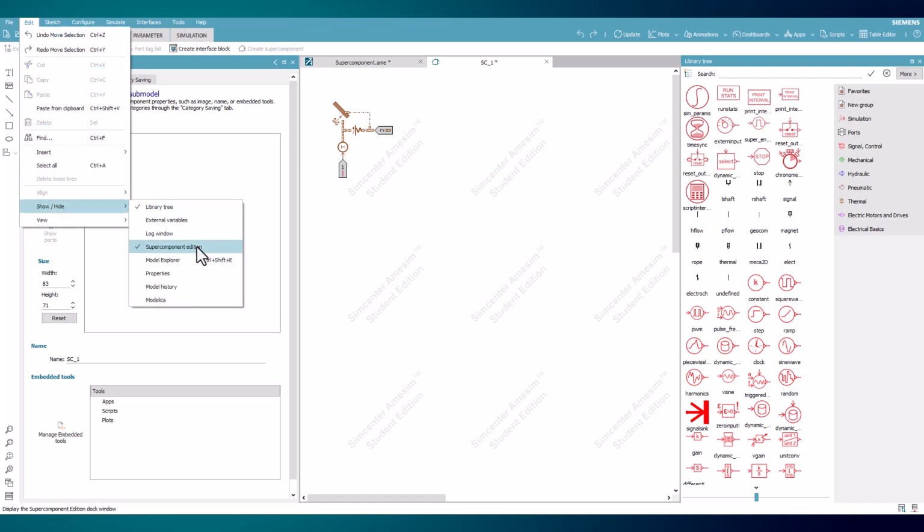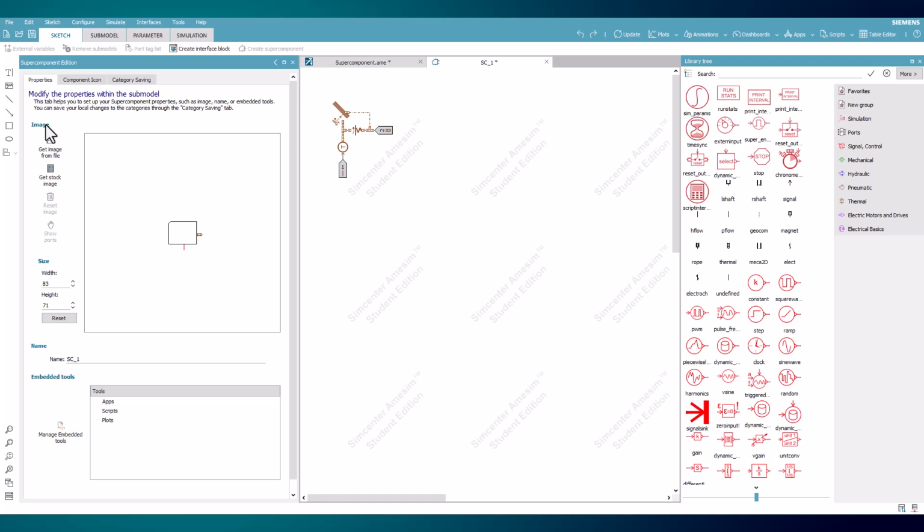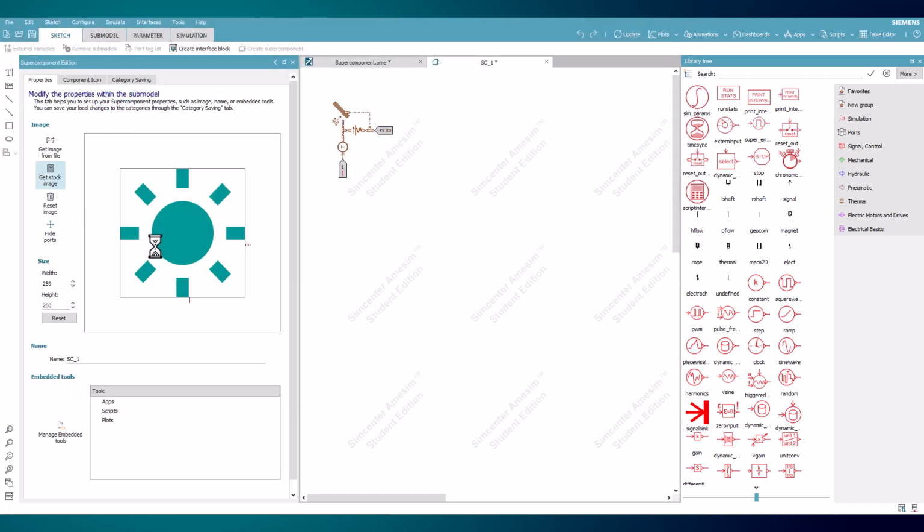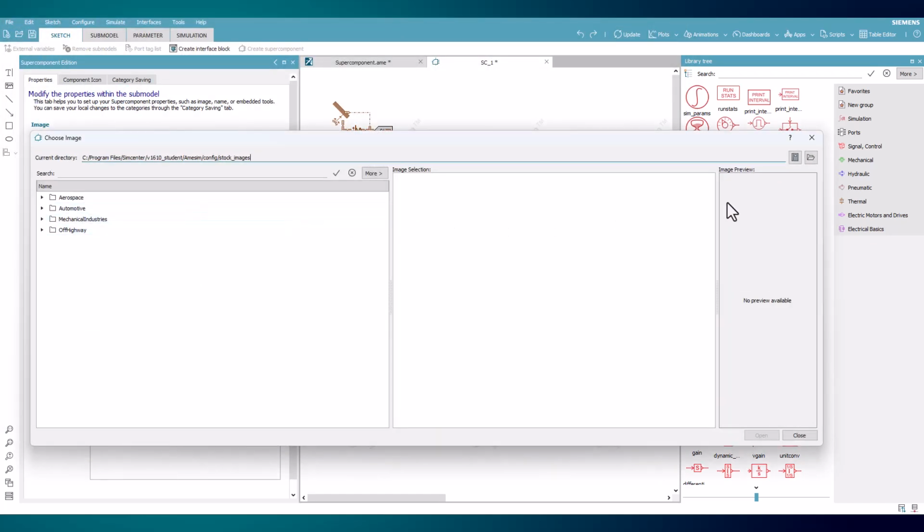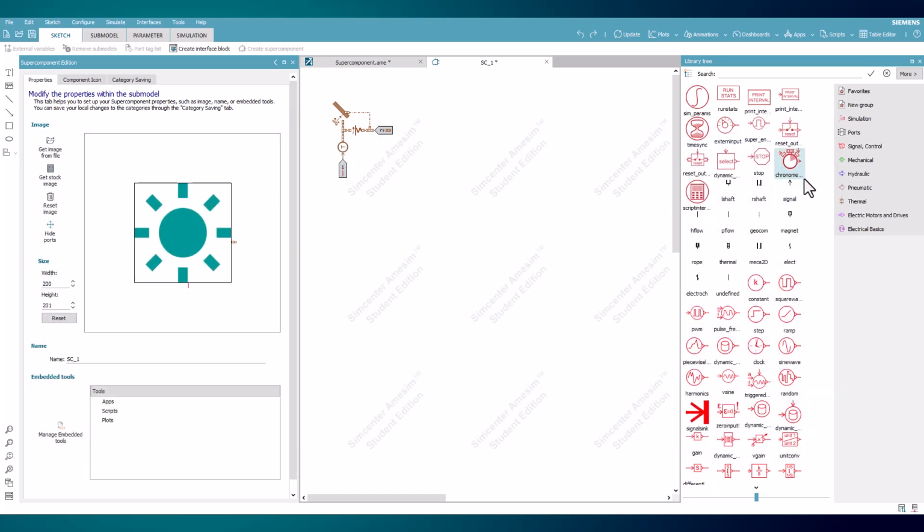The initial tab for the new window is the Properties for the component. Moving to the tab's Image subsection, this allows a user to assign an image to replace the default supercomponent icon. It can be uploaded from a file or be selected from a variety of stock images available within AimSim. And if you have your own stock image directory on your machine, you can navigate to that one through the same option. After an image is selected, the ports for the supercomponent can be displayed or hidden, and if the photo is not desirable, the Reset Image option will change the icon back to the default.